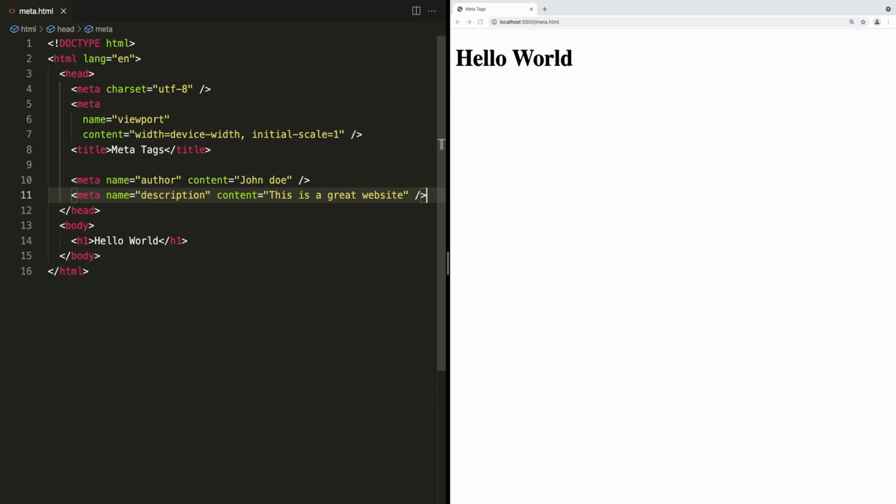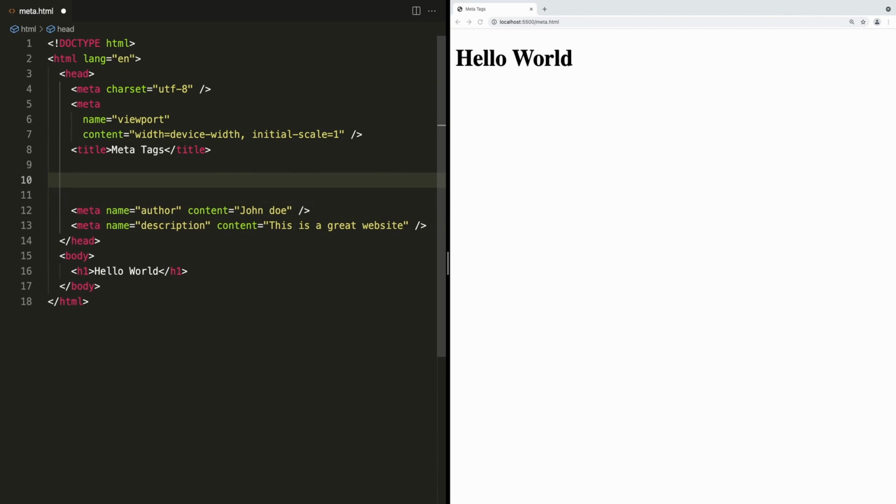Along with these meta tags, there's some other information that we might want to include in the head. One of those being a favicon, which is the icon for your website. This is used in the tab bar as well as the title to show a little icon for your site. By default, you usually get that little globe icon that we have now, but we can change that to be whatever we want. So we can go ahead and add a link tag,